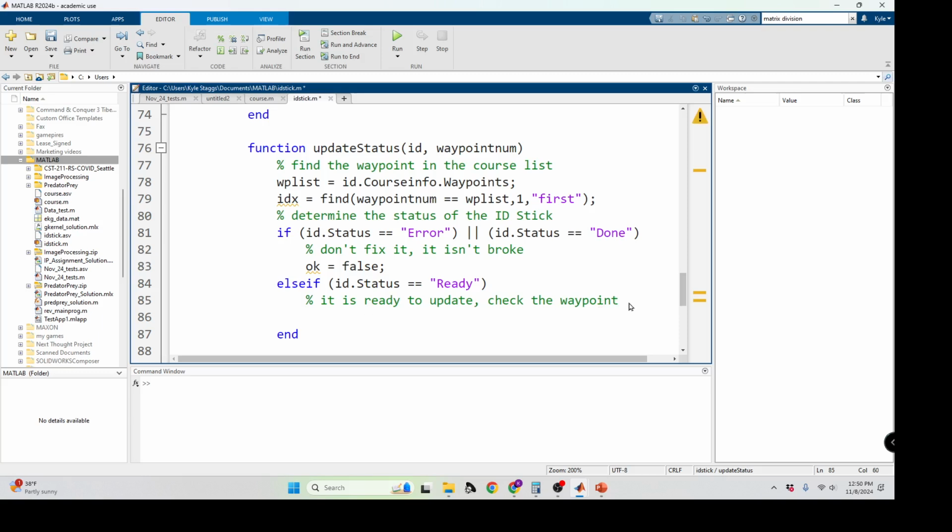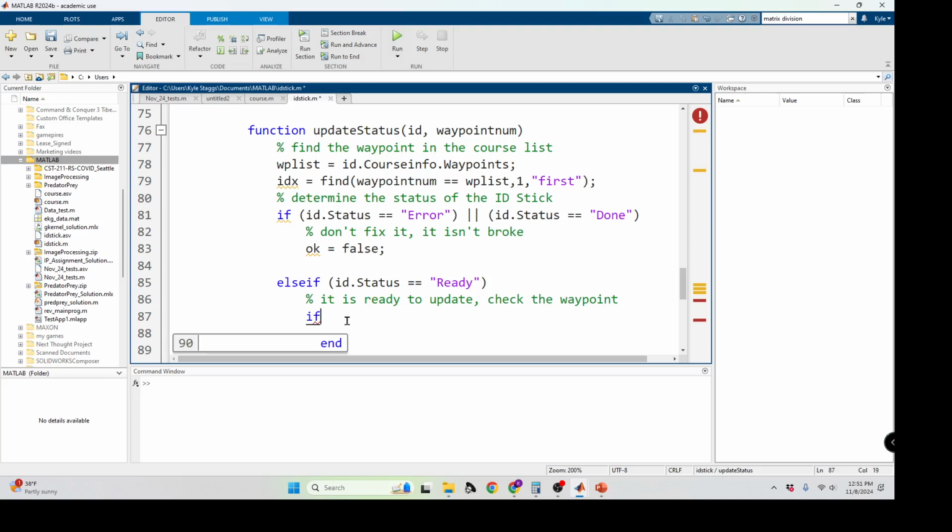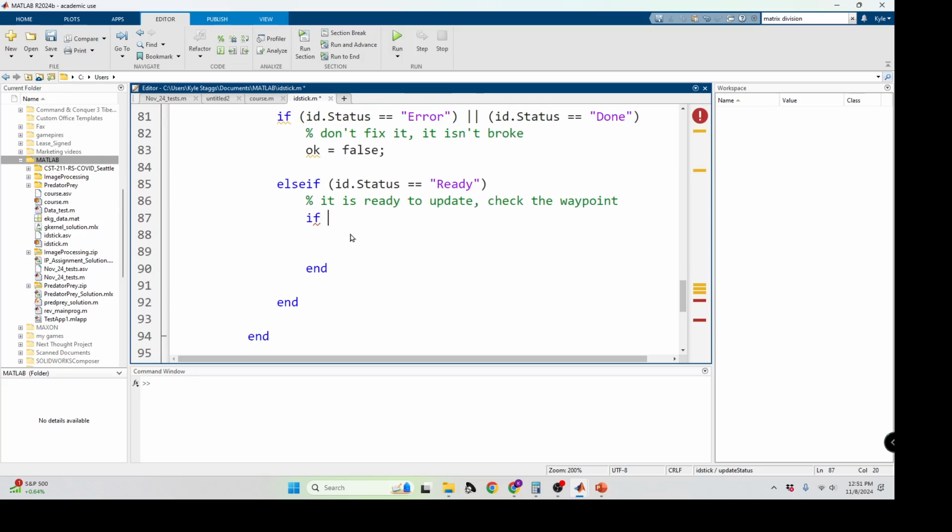So check the waypoint. There's a couple reasons why we need to do this, including we need to update the status to the variable OK. So in this, there's going to be another comparison using logic functions. And we're going to do a couple of steps to the comparison. So here we leave this false. Here we're going to compare if IDX is comparable to 1, then